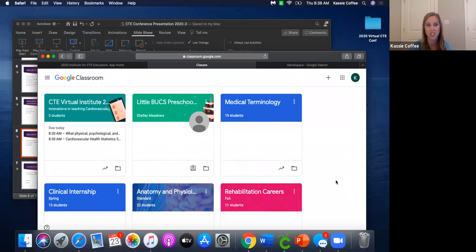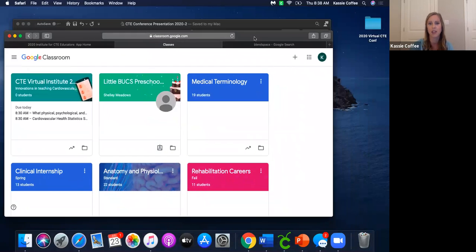So now let's transition over to our Google Classroom. We have a few options if you do not have Google today. And even if you do, you may not want to toggle back and forth between the GTR platform that we're using for the conference, Zoom, and this. So if you want to see the student view, you can log in with the Google code that we're giving you so that you can access everything that we've posted on there. Or you can just follow along and watch us. Or if you have your phone, you can log in on your phone while staying in on your computer if you're using two different devices.